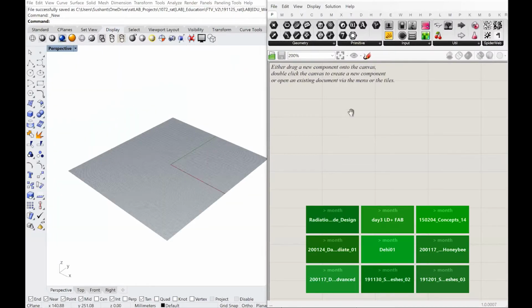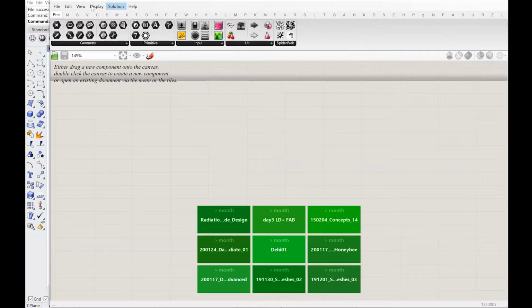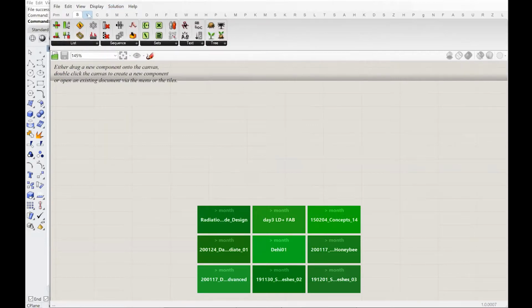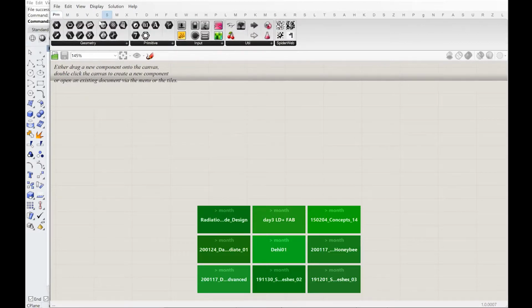So this is what Grasshopper looks like. It has pretty much a canvas. Let me actually put that on the full screen first. And you have this bar at the top which shows various kinds of options, and then these are our basic toolkits, under which lie all of these weird looking icons.